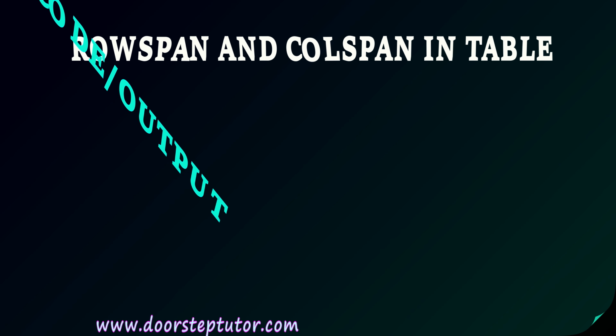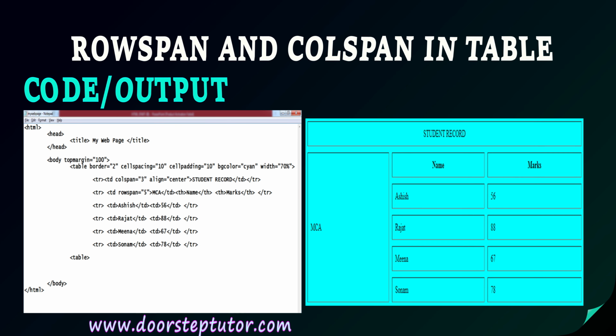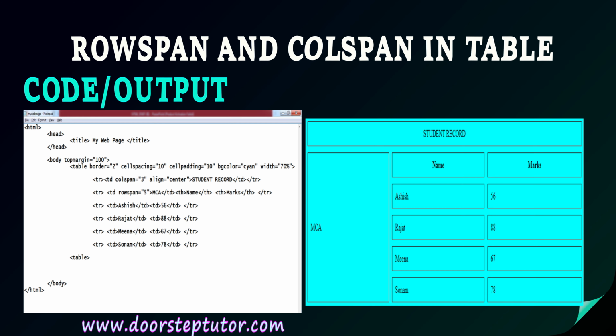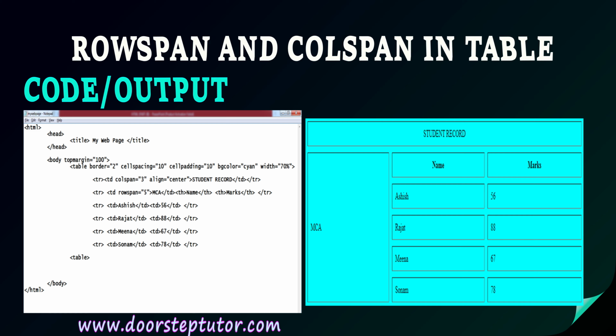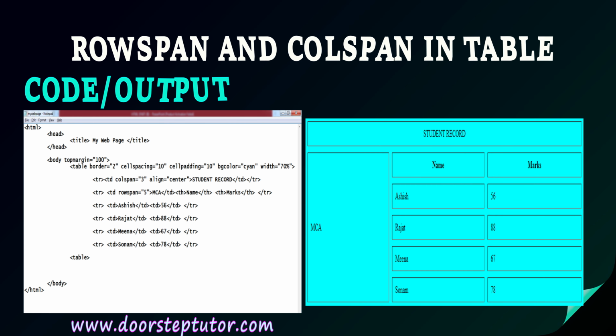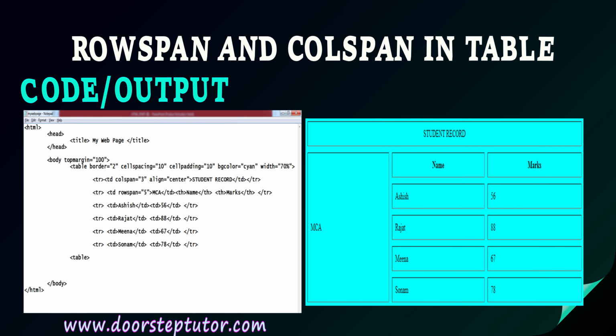So this is our code or output for rowspan and colspan. We can simply view over here, I have given the rowspan in the case of the second row, TD, and along with the TD I have given rowspan equal to, in double quotes, the value 5.